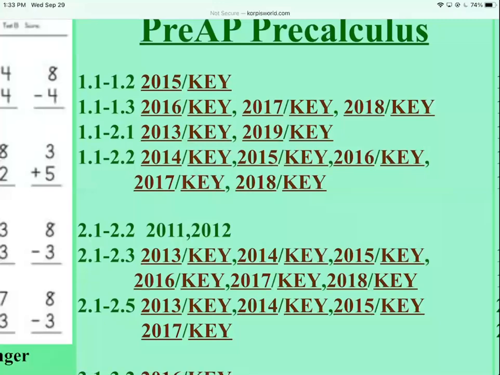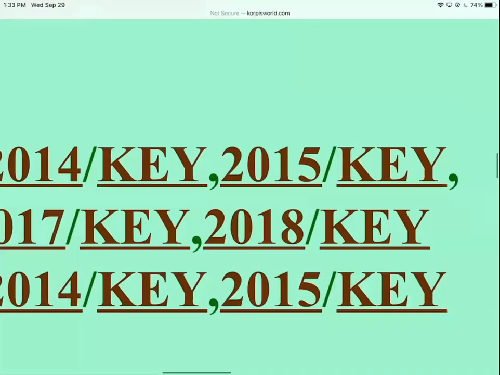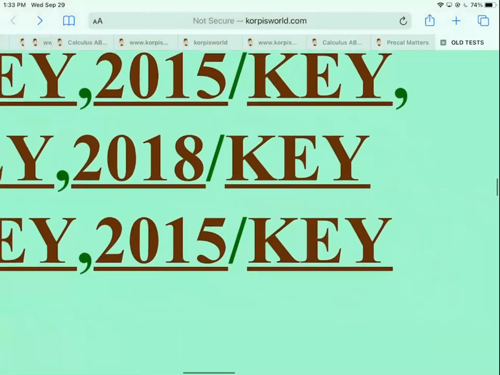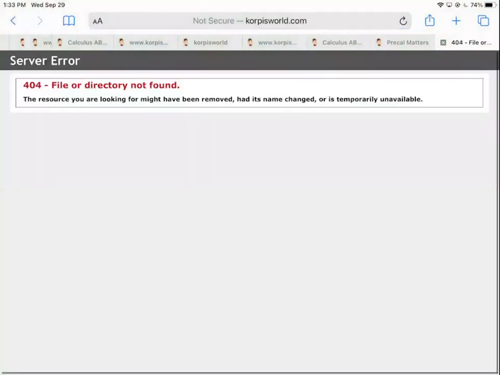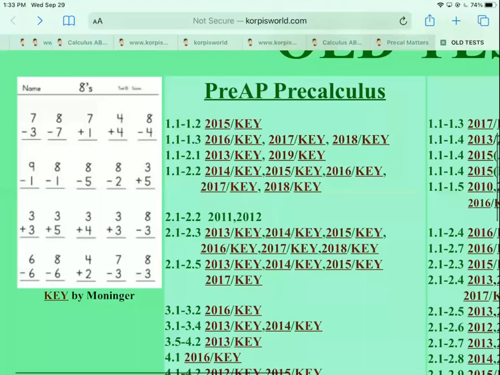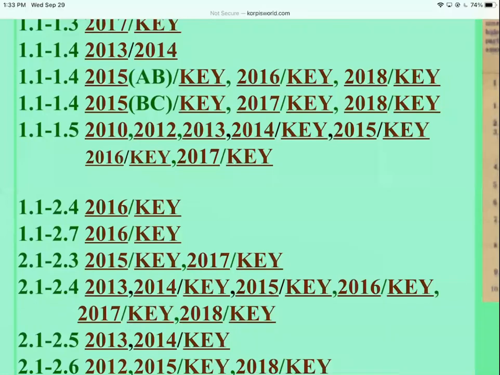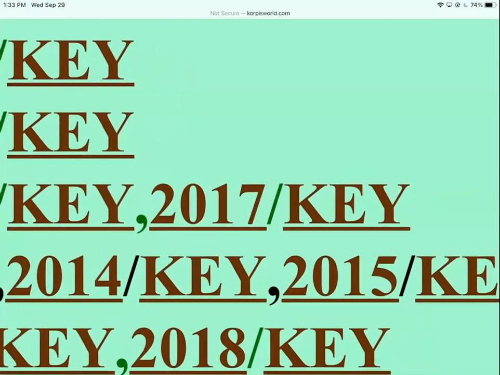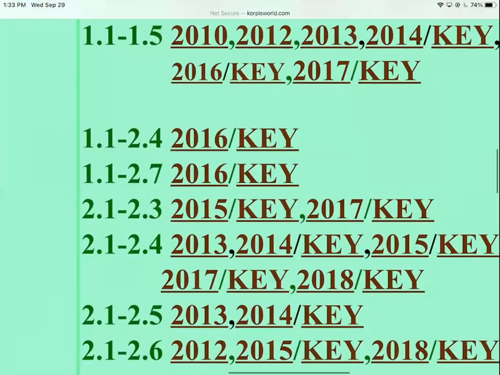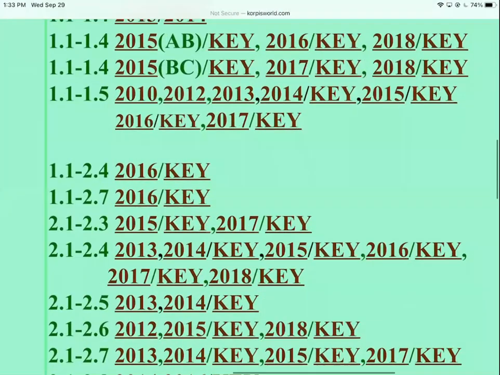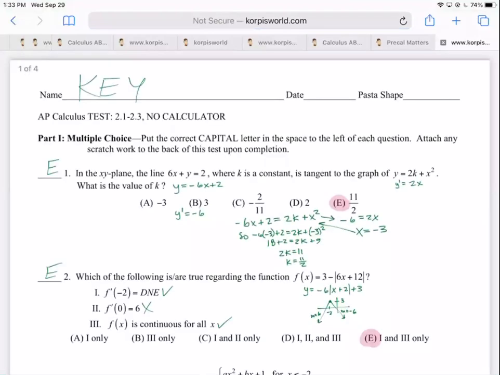It was actually this one, the 2.1 to 2.3 2018 test. I just opened the key. Nope, that wasn't it. Oh, crap. Yeah. 2017, 2.1 to 2.3. And again, I'm not saying it's going to be this one, but I open it up and